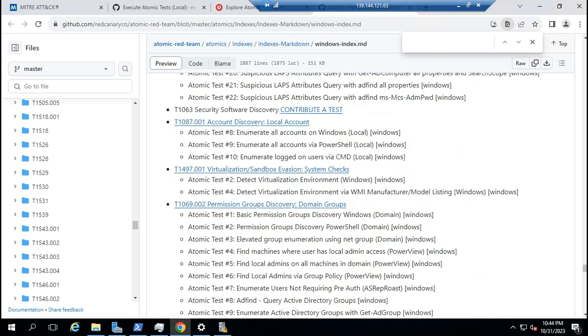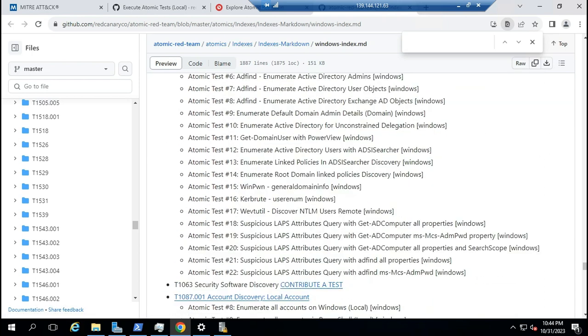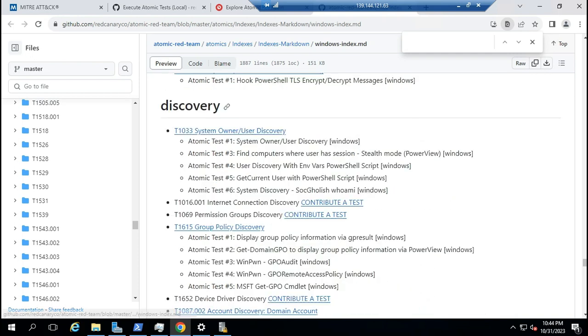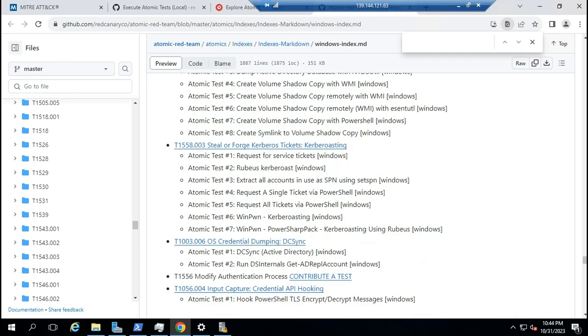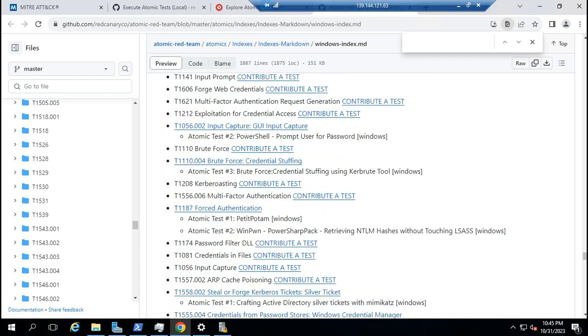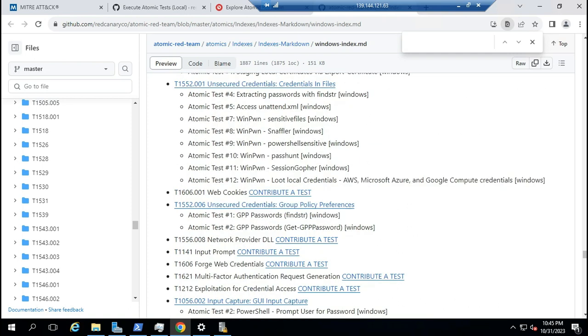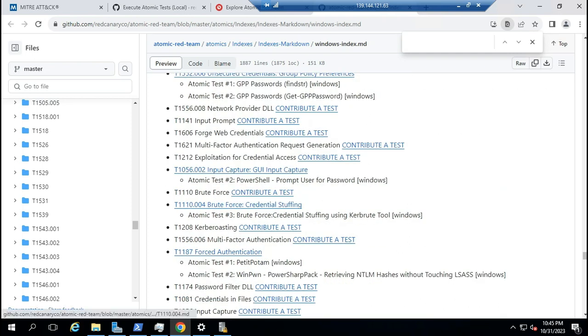Maybe we can go into... Okay, this is discovery. Maybe we can use this, maybe brute force, credential stuffing. Yeah, maybe we try this.